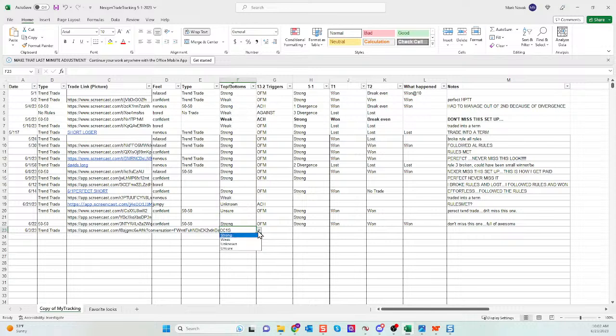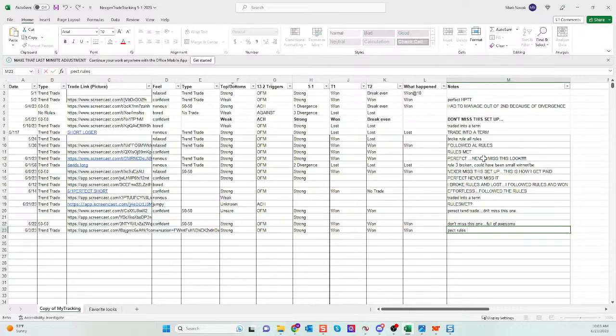What were my tops or bottoms? Did I have a termination condition that created a full reversal? Absolutely. I'm going to say strong bottom. Did I have odds favorable momentum? I sure did. What did the triggers look like on the 5-1? They were strong, increasing confidence in the trade. And then this is a little redundant. She won. And what did she do on her second contract? She won again. What happened? Kicked ass should be one of the options. Guys, this is a perfect rules-based high probability trend trade.